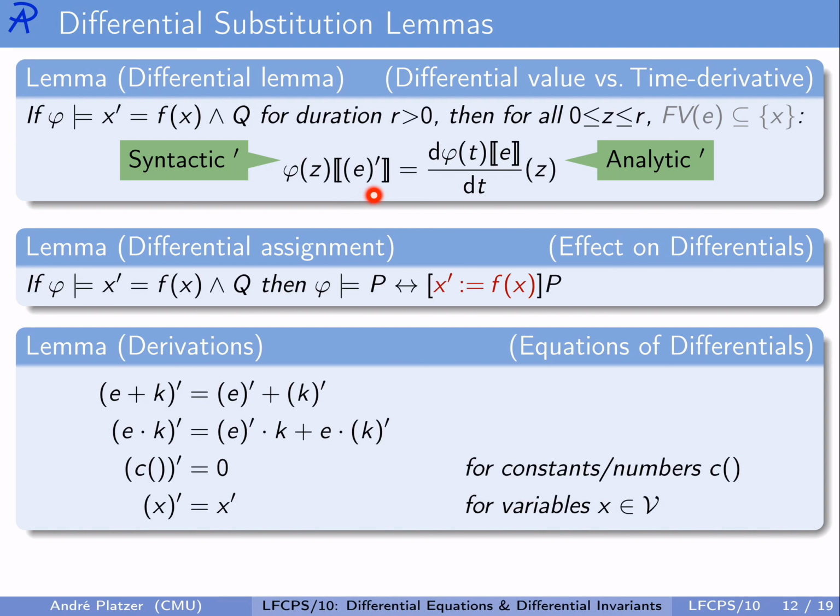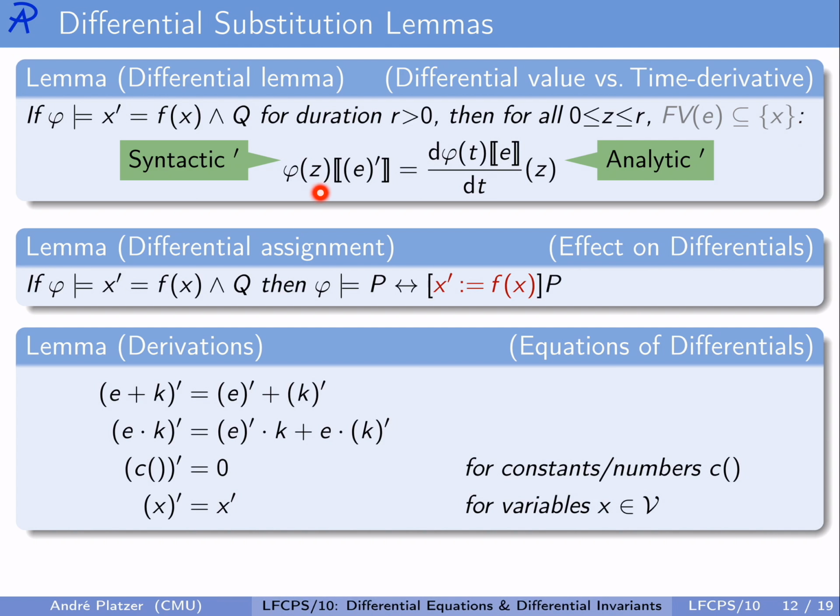This syntactic term, E prime, we can evaluate in a state, but if the state we're evaluating it at happens to be a state along a solution of a differential equation, so if phi is a solution of a differential equation x prime equals f of x, and also satisfying an evolution domain constraint Q, so it comes out of one of those solutions of the hybrid program's continuous differential equation system, then at least if we've been evolving for actually a positive amount of time, then for every intermediate point in time, as long as the free variables of the term are at most the ones that the differential equation is talking about, it is true that the value